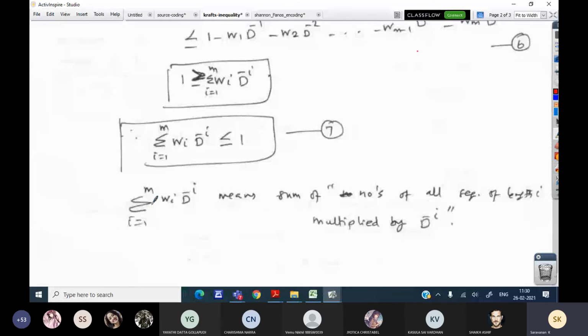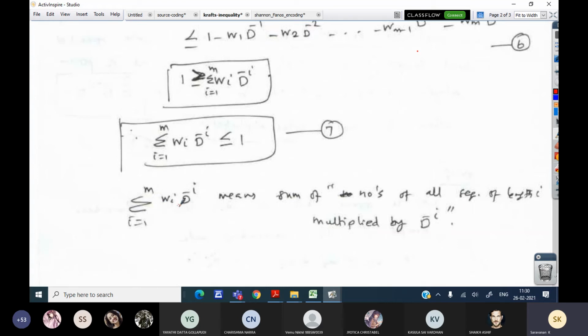So what is the meaning of this? Summation of Wi D power minus I means the number of all sequences of length I, we are going to multiply by D power minus I. We are incrementing I from 1 to M and substituting. So what do you mean by W1?